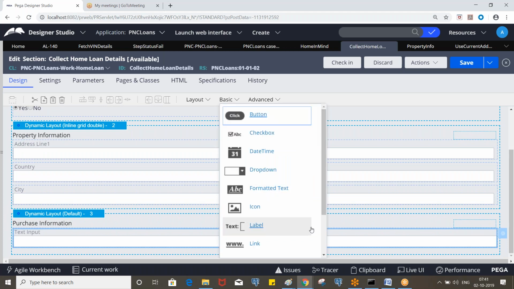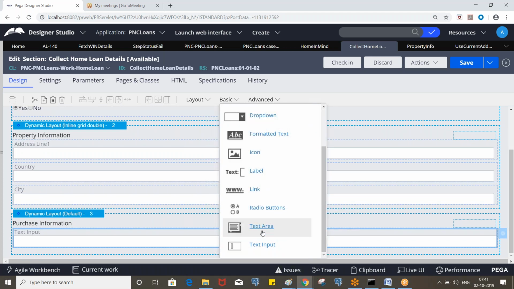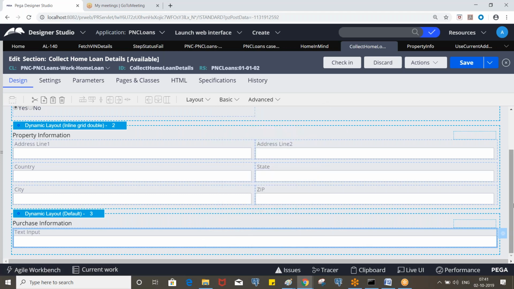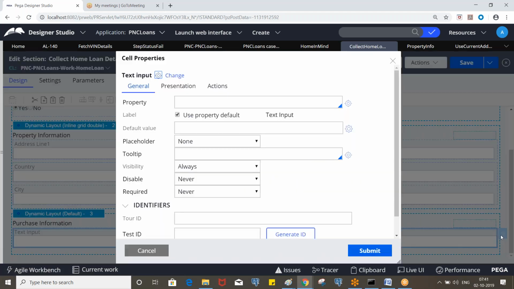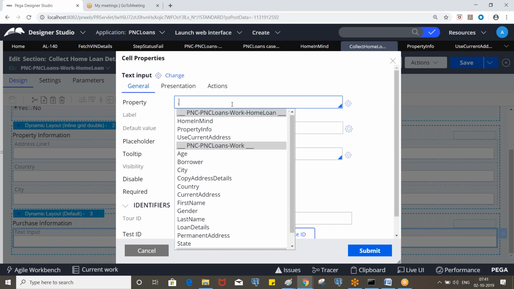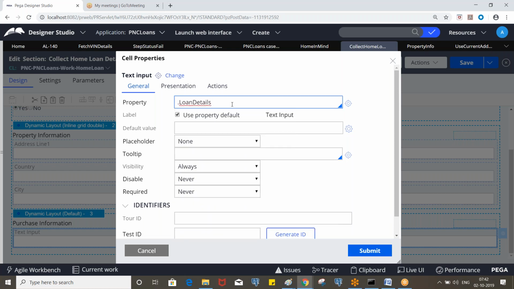Let's use the control text input because we need to enter this data, right? So what is the property for loan? Loan details dot amount, which is the loan amount.